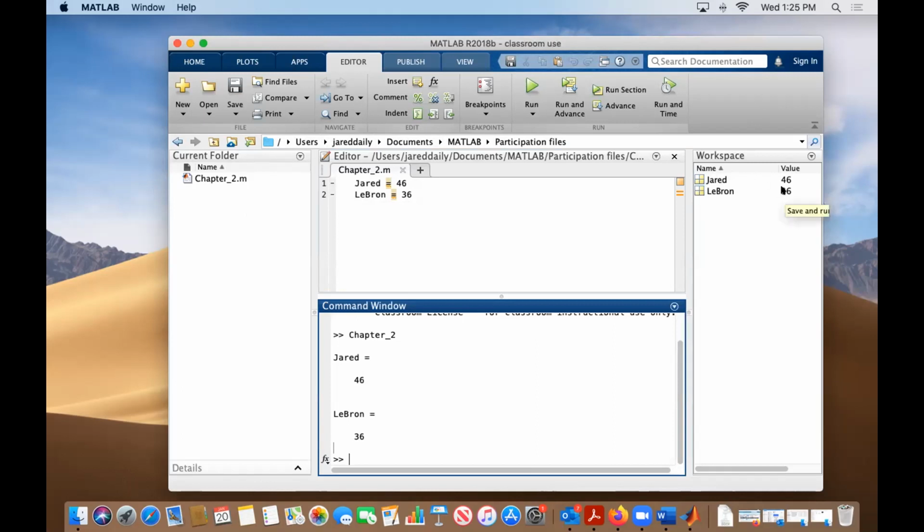The workspace is the place on the RAM where it has saved variables for what you're doing right now. So now it knows that if I type in LeBron with all lowercase, it doesn't recognize it. But it does recognize that you have something like that. And I did mean LeBron, so I go ahead and press enter again, and it's saved there. And if I type in Jared, it knows that Jared equals 46. And I can even do something like Jared minus LeBron,